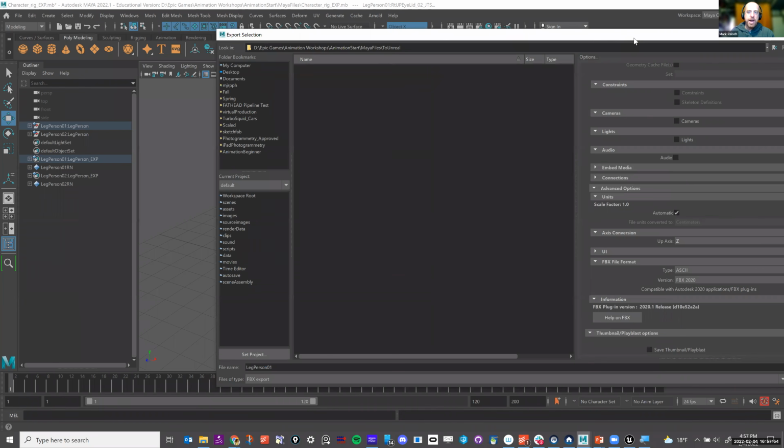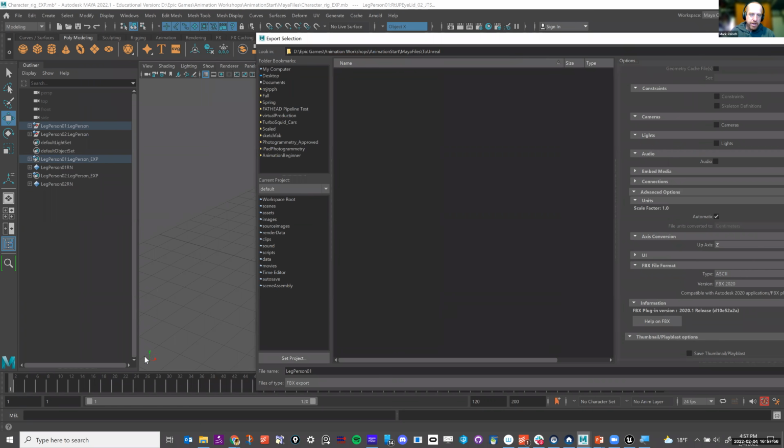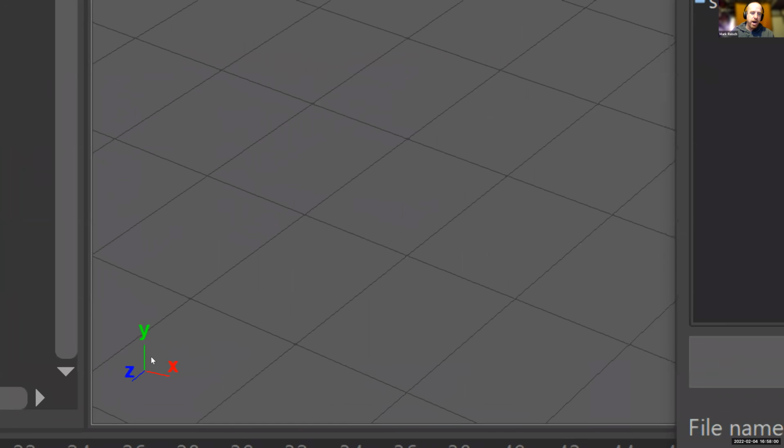And so for those of you not familiar with Maya, if we look down in the lower left here, it has a Y up axis. So the way the world works in Maya, Y is up, Z is forward, and X is to the left and right. Okay.